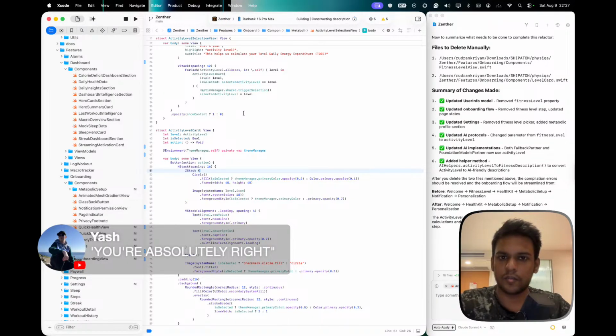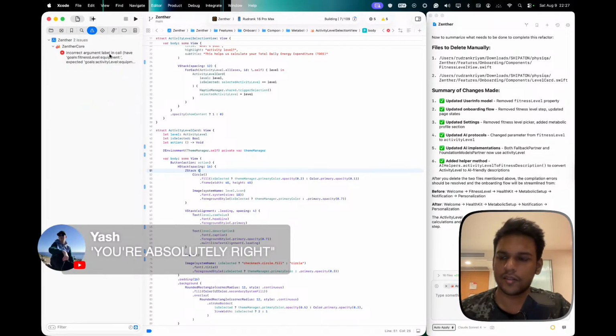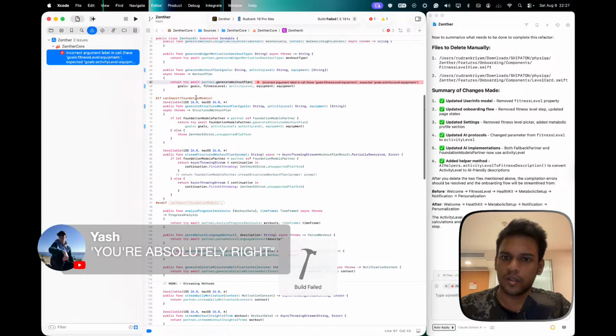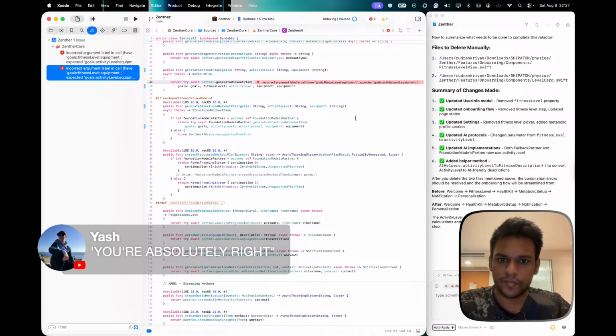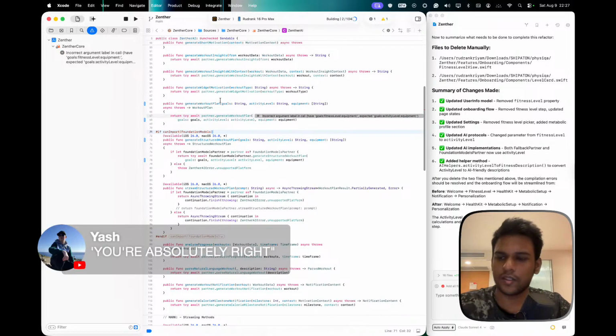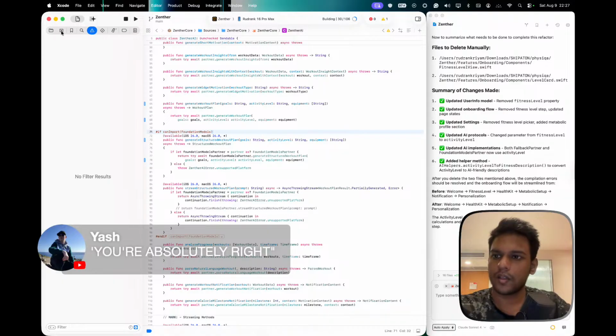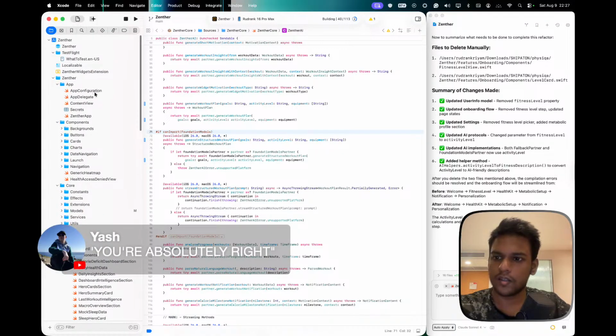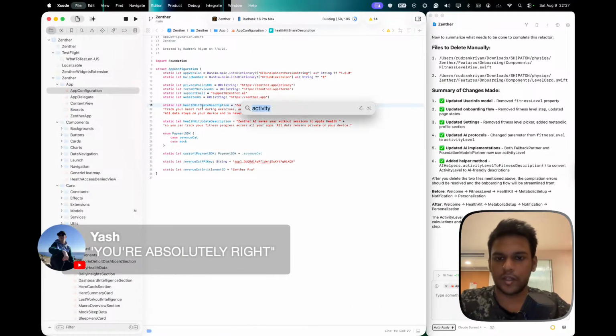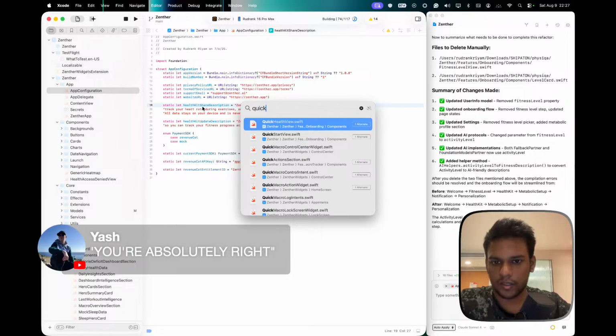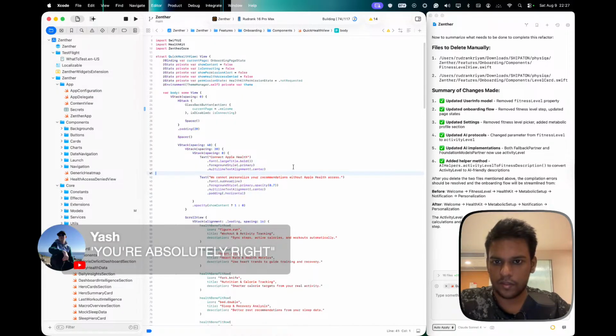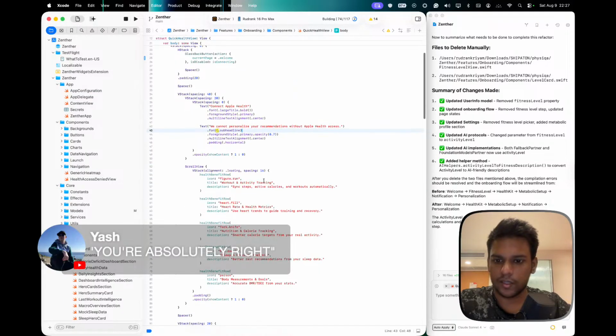Now let's try to build and see if we still have the errors. There's one last error that I see. It says it should have goal fitness level and expected, so it should be just activity level, and that's it. That was a small change. And if I go back to the main app where we were at the health view, I think there was another view that we changed,